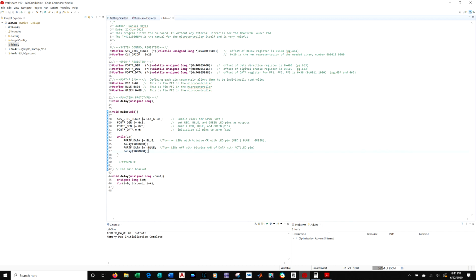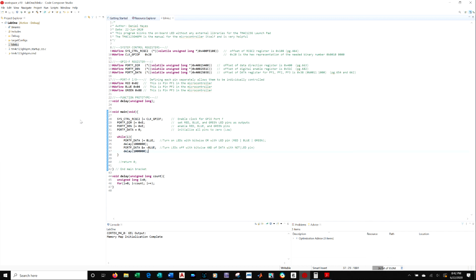And see, the libraries do all this for you, so you can just call variable names and you don't have to figure out the addresses and the offsets and everything, which is great if you already know what you're doing. But if you don't know what you're doing, doing it the long way like this definitely helps you understand everything. And then later on you can just import the libraries, and you can do it a lot faster without so many lines of code. So I really hope this has helped you out. It helped me out a lot going through this,